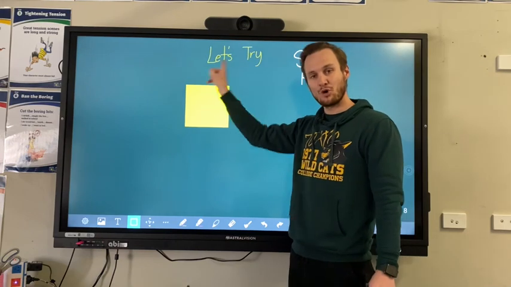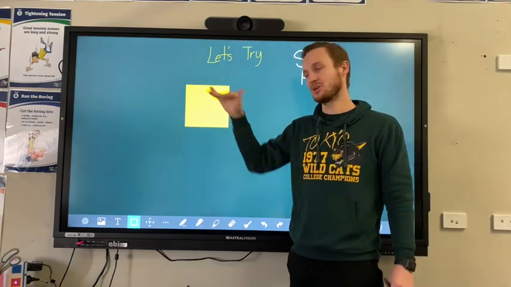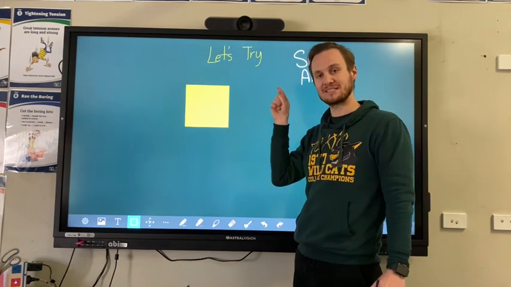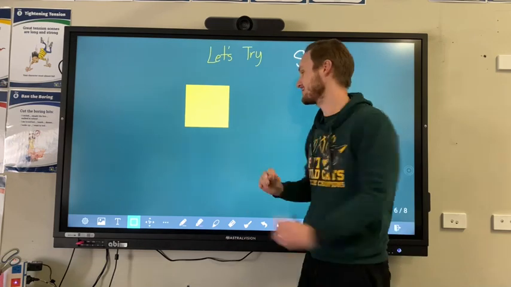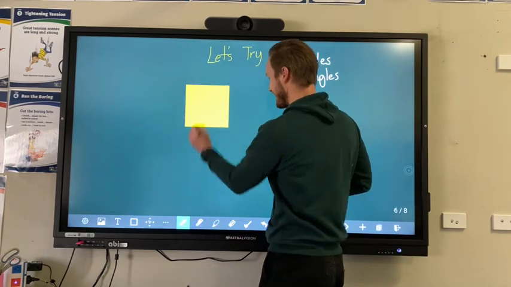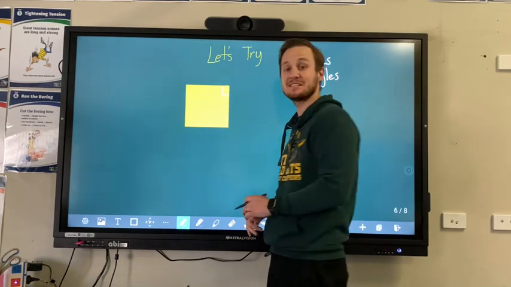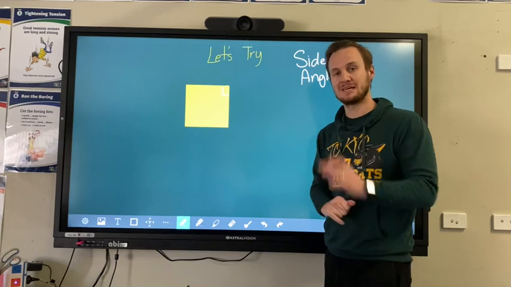So let's use the thing about sides. In a square, all four sides are the exact same. So all four sides are equal. So you'd write down here, property of a square, all four sides are equal. And also, if we're talking about angles, we would say all angles are right angles. All angles are 90 degrees. So all angles are equal and all sides are equal. Let's take